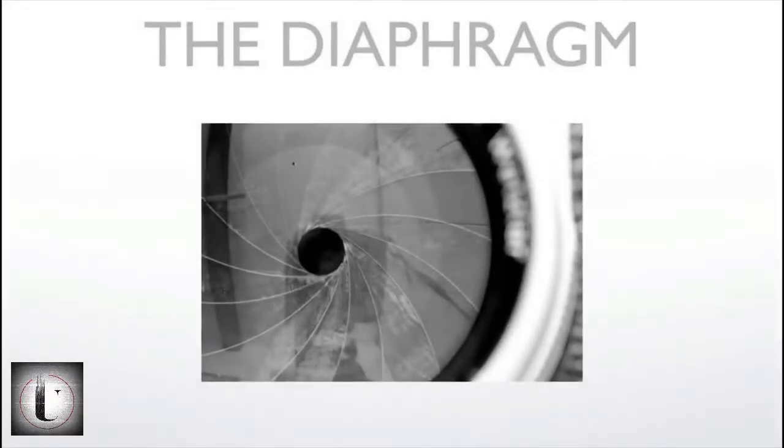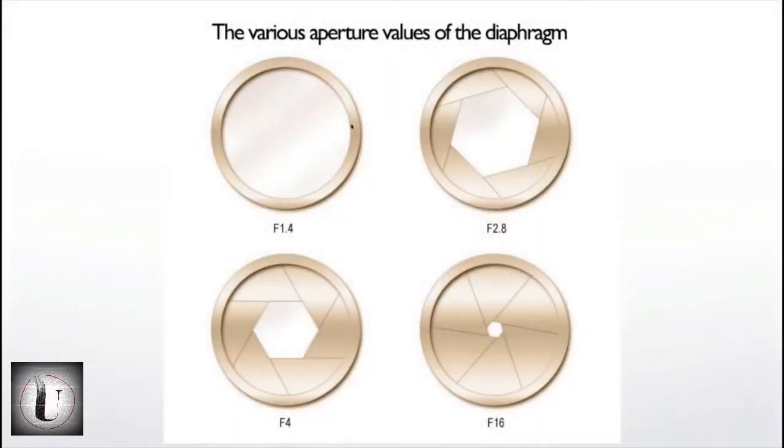Now, what is the aperture? The aperture is this little piece of metal that gives different sizes of holes. This aperture can be small or the hole can be big, and we say we have a big aperture. So what types of sizes do we have? Well, when the diaphragm or the aperture is completely open, we say it's open at f1.4. When the size of the aperture is a bit smaller, we are at f2.8. When the size is a bit smaller, it's at f4, and when it's really small, it's at f16, which is